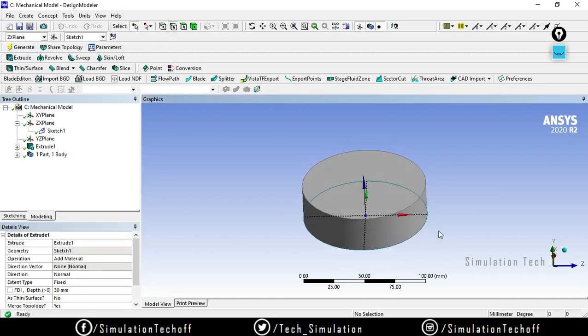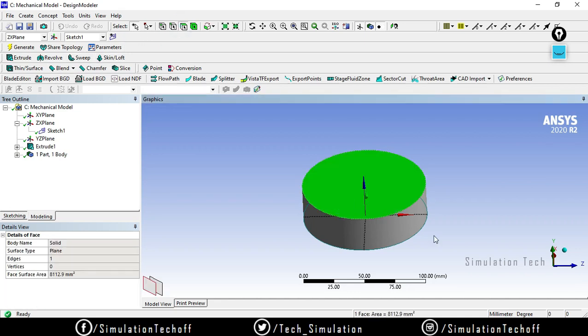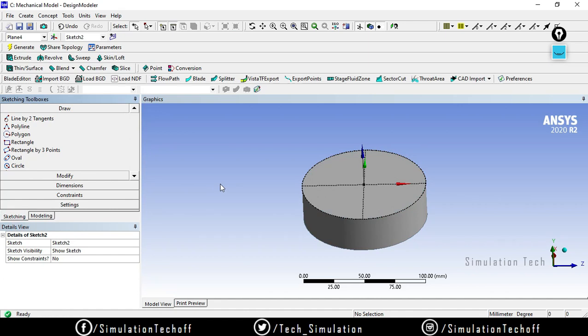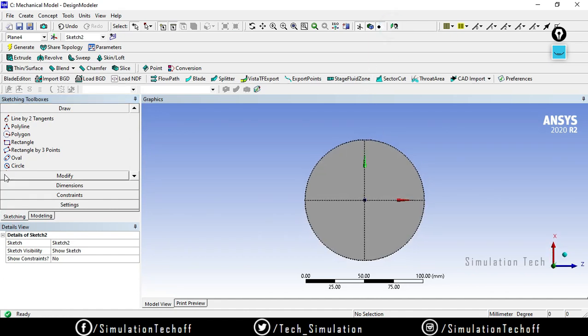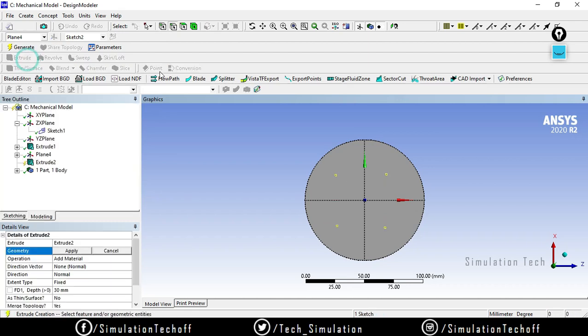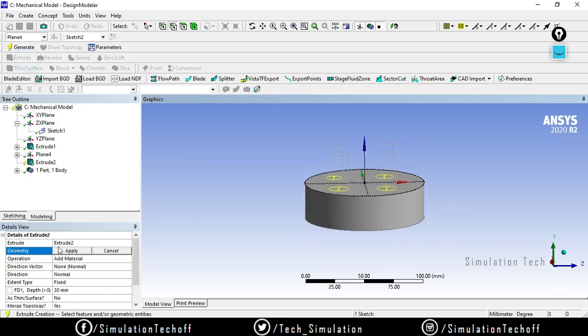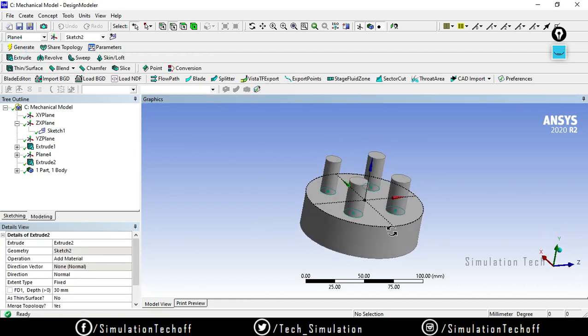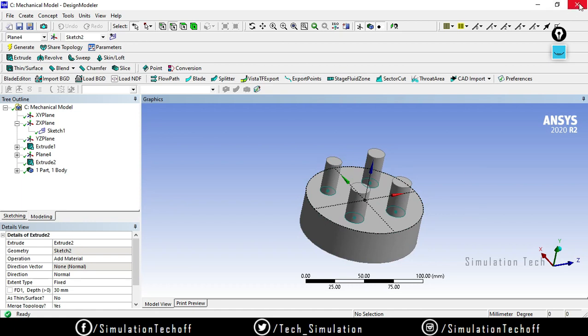Say generate, and also use the face selector, sketching. Extrude and click on generate. Okay, so I just randomly created a model.